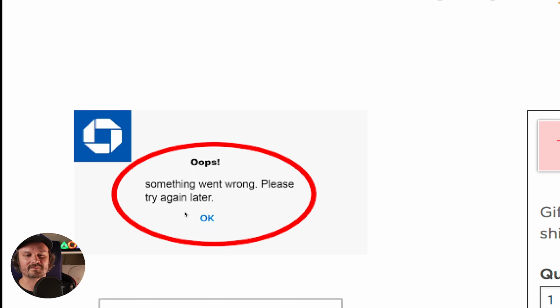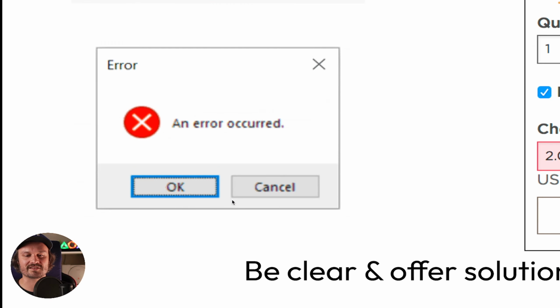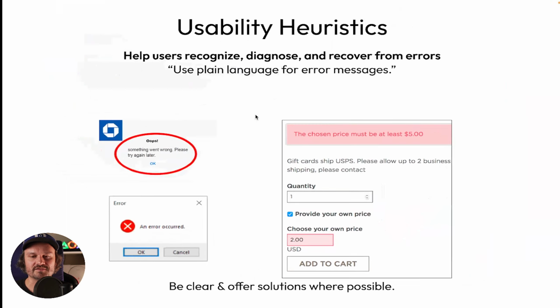The two options we have are OK or Cancel. This microcopy has the same feeling as the OK right here, but then what does cancel mean in this scenario? Can I cancel out of the error? What am I being told here? What is the point of this? And again, if you were trying to relay this error to somebody, this doesn't tell anybody anything. And so this is an example of how not to use error, because again,